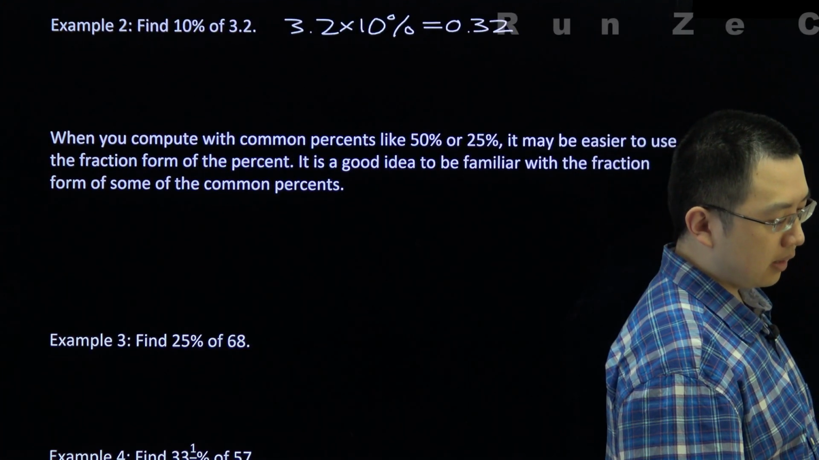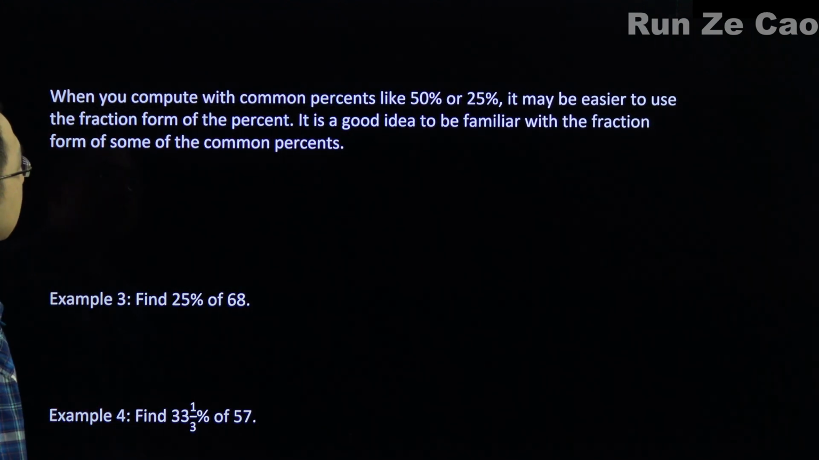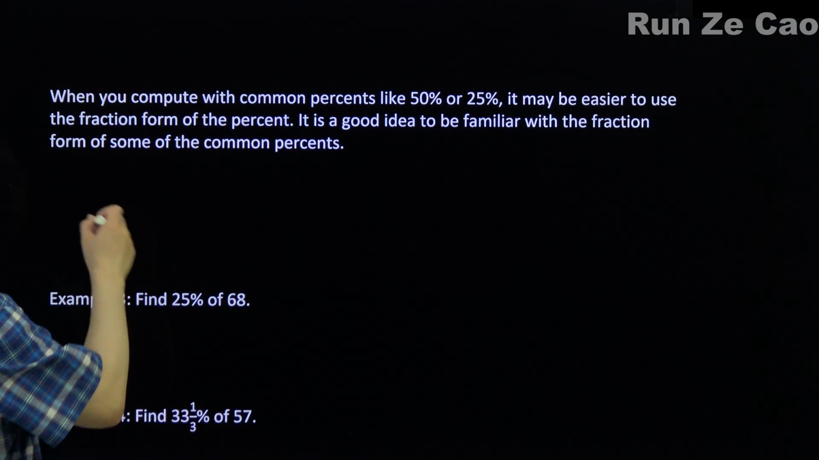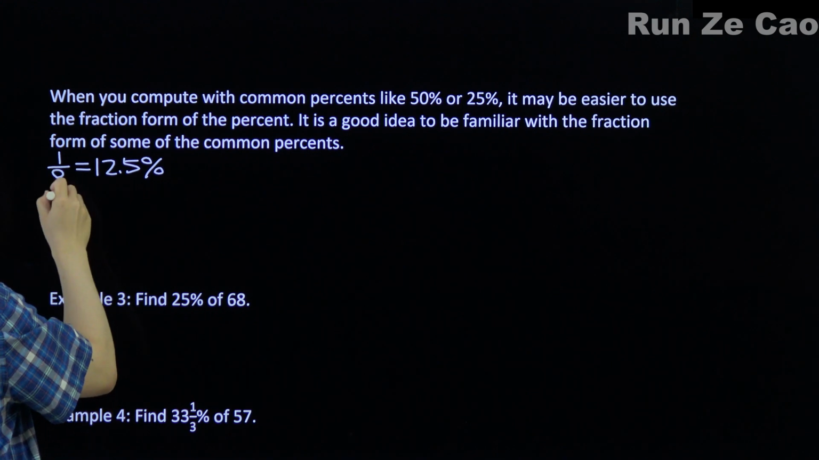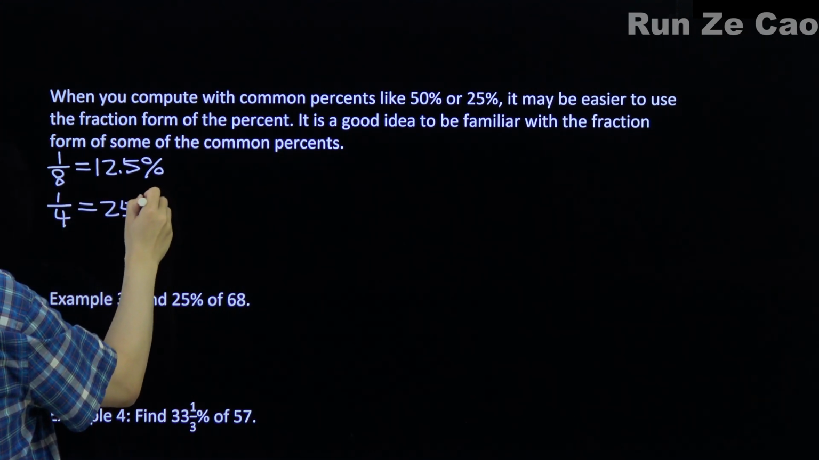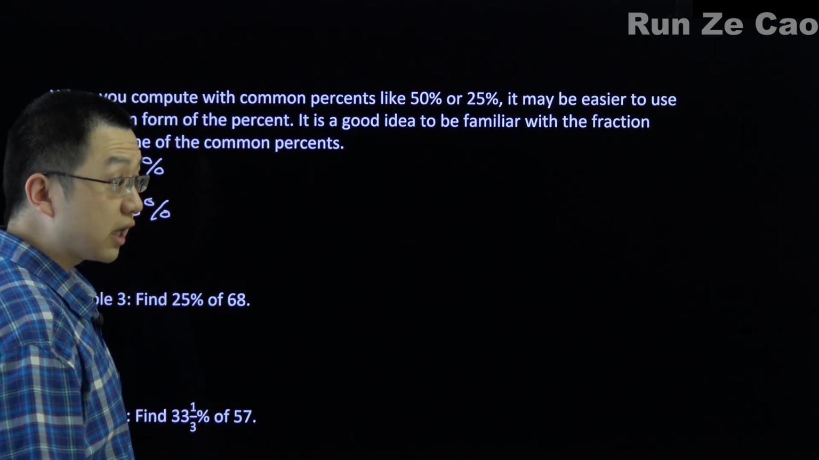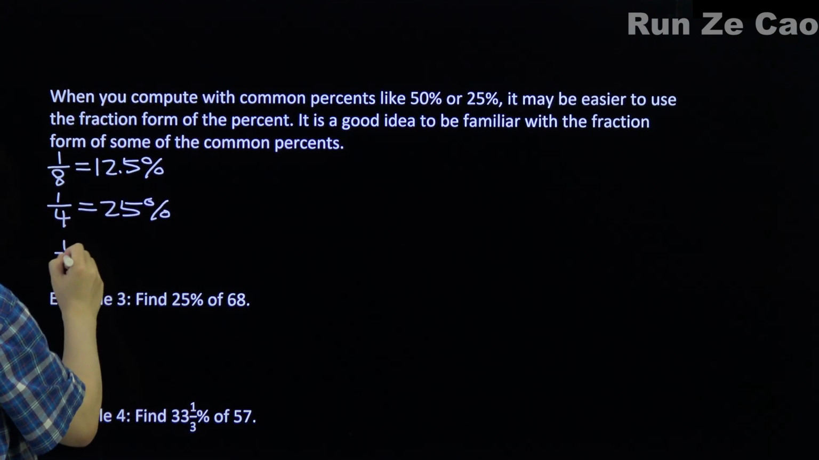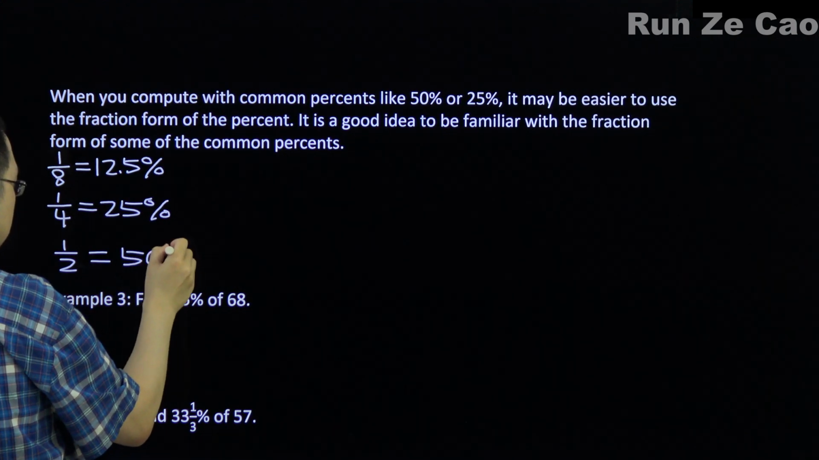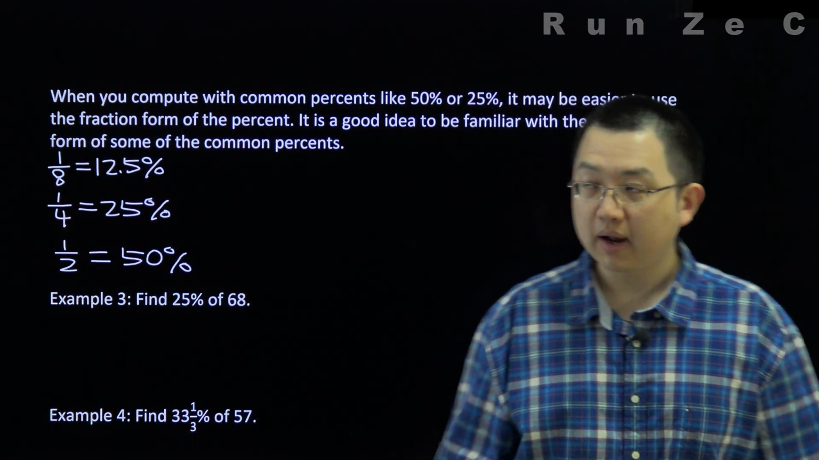Now, when you compute with common percents like 50% or 25%, it can be easier to use the fraction form of the percent. It is a good idea to be familiar with the fraction form of some of the common percents, like 1/8 is equal to 12.5%. 1/4 is 25%. And you see, like 37.5, that's just these added together, which means it's 3/8. 62.5, well, that's this plus 1/2, which is 50%. So 50% plus 12.5%, that's 62.5%. That's 5/8. 7/8, that's 100% minus 12.5%, so